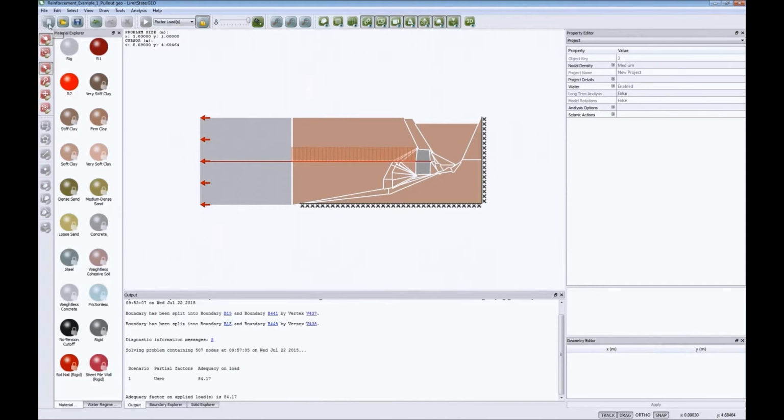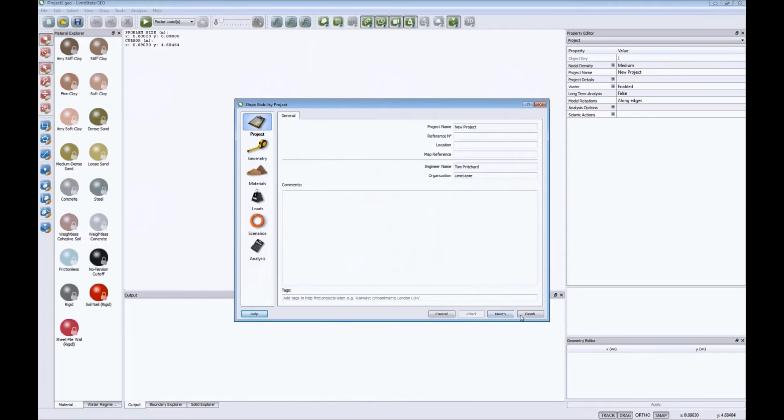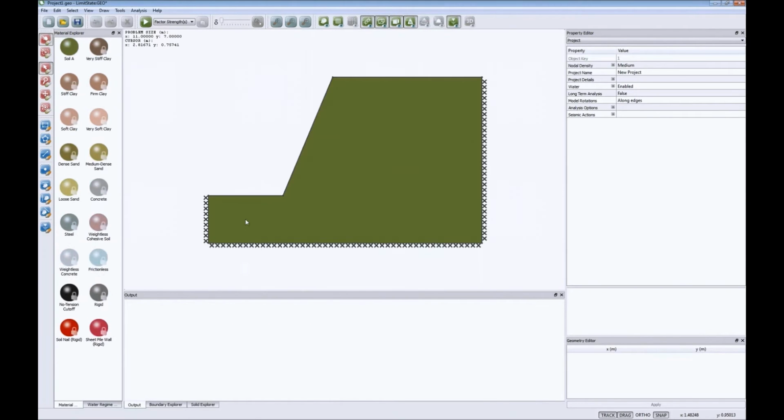The easiest way to illustrate that is to pull up, for example, a slope stability problem. So in the software, if you haven't seen it before, there's a number of quick create wizards which generate standard geometries, but you can change those as you wish. So here I have a slope actually in clay. If I wanted to put a soil nail in here,